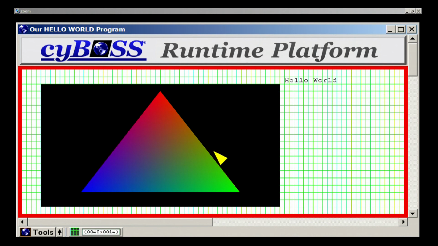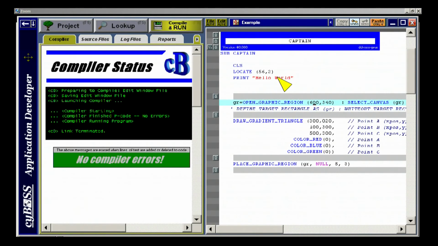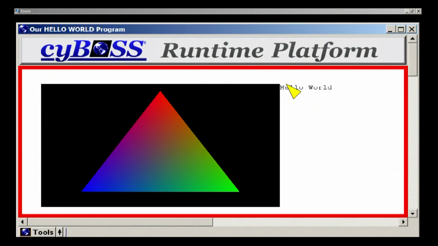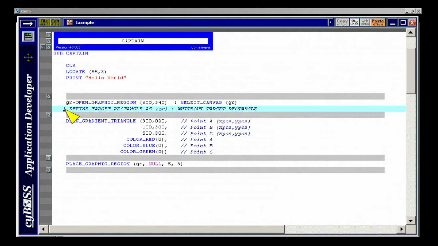So let's go back and do that just to show you guys. At 55, 3. And let's rerun this. And see, it put my text right there. So I got my graphic region. This here is,